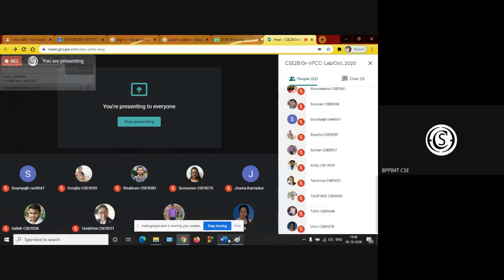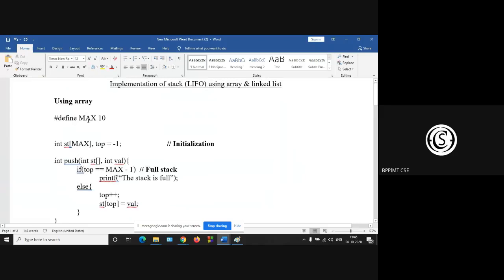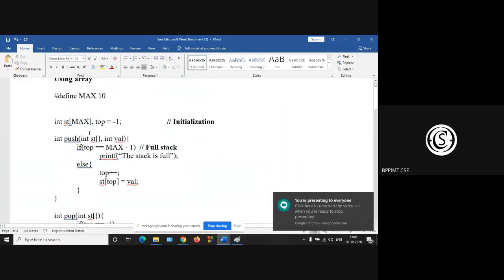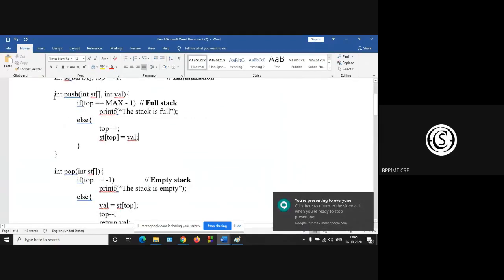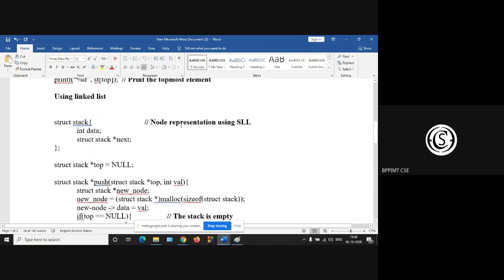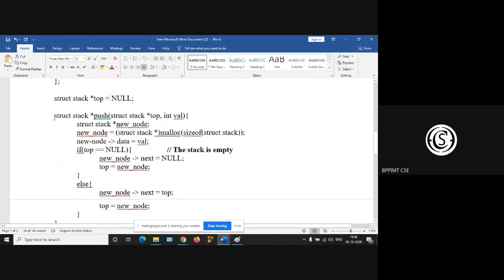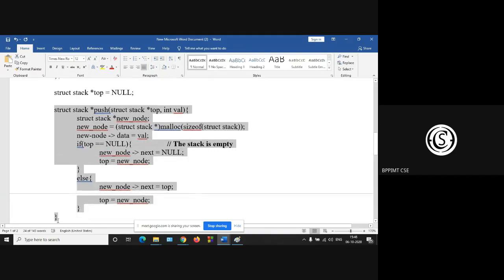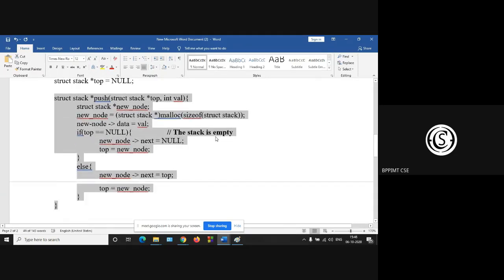So there is a similarity between array implementation and linked list implementation. So this is the array implementation of push in stack, and this is the list representation of push in stack. Okay.